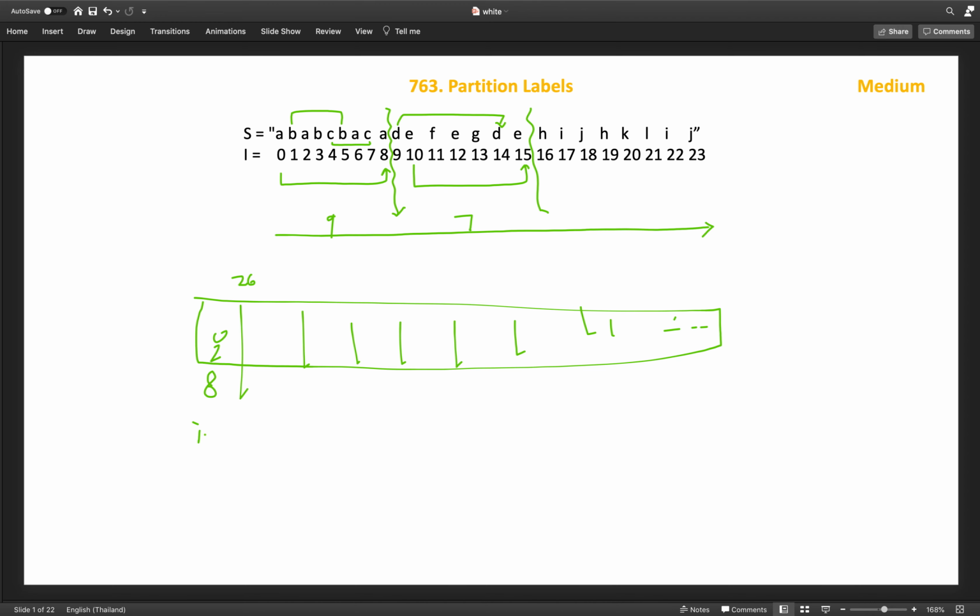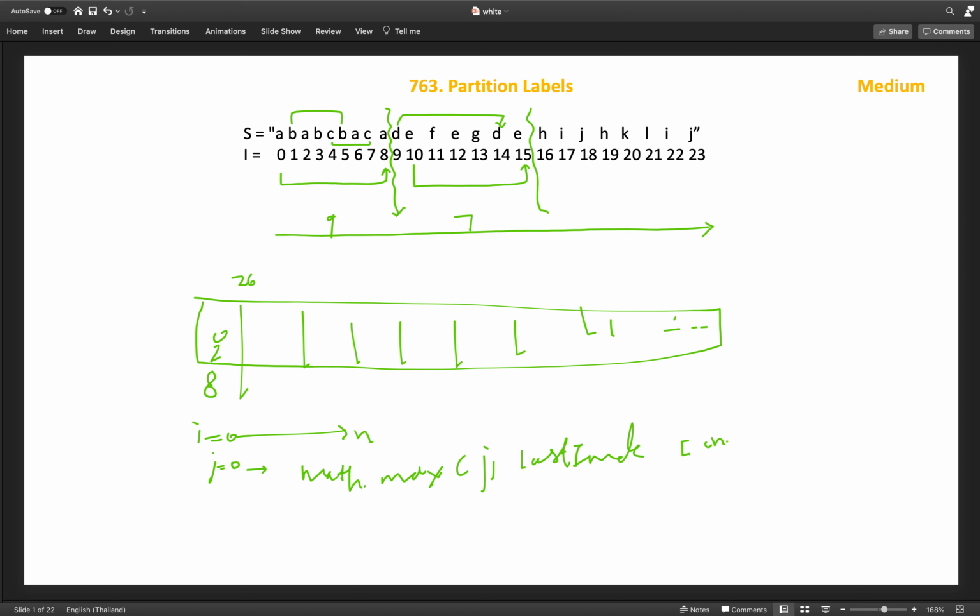from i equals 0 to the length of the string. We will also create another pointer, j, which starts from 0, and this will hold the last index of the current character. We will update it with Math.max, taking the maximum of the previous j and the last index of the current character.